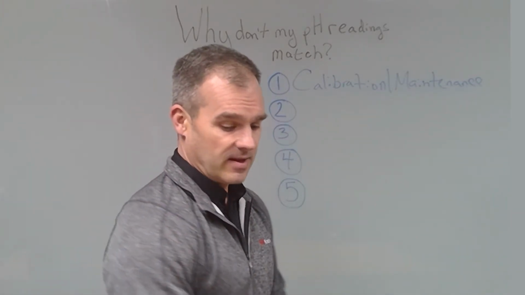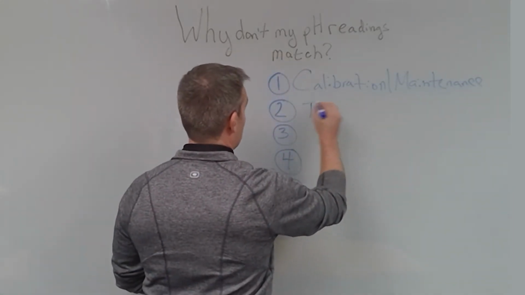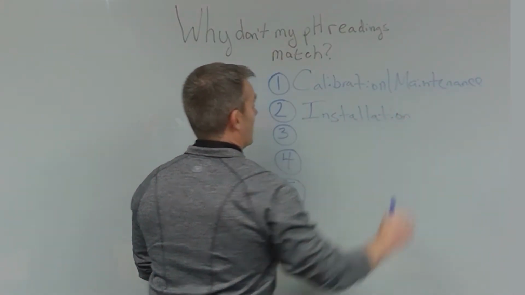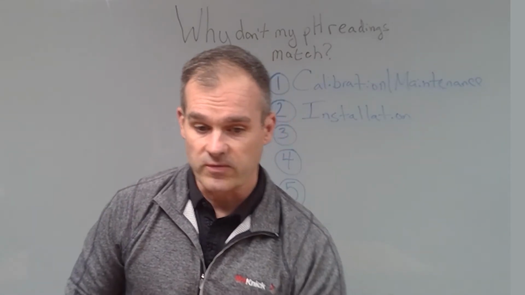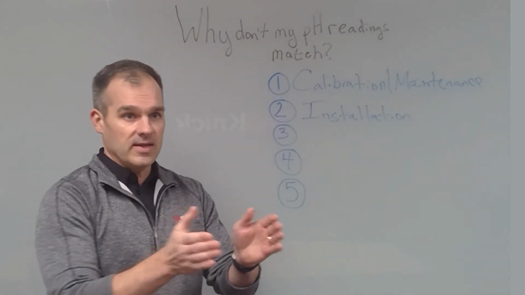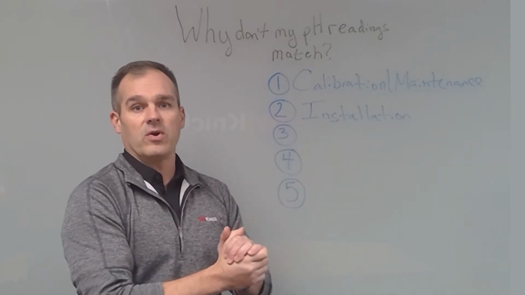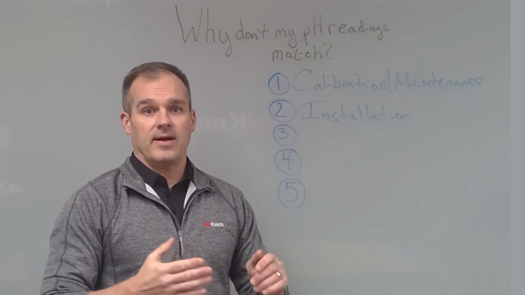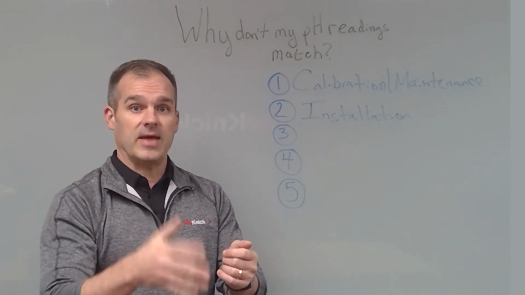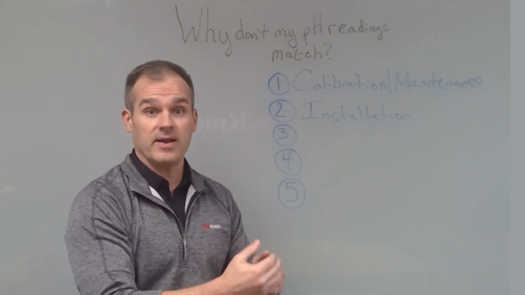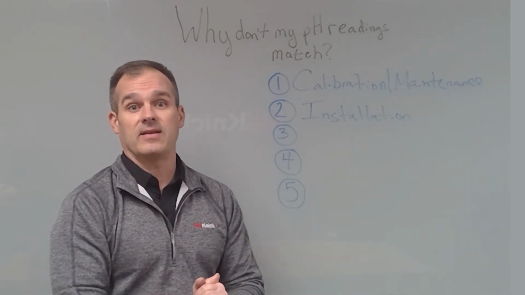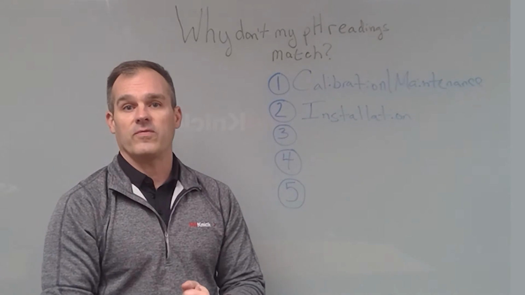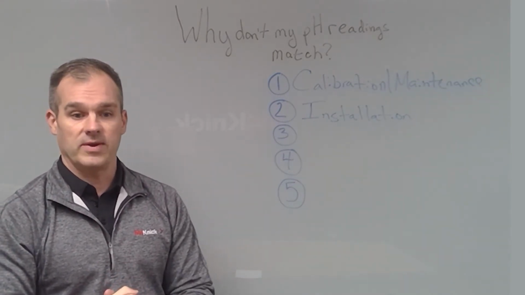Next, I would say in importance is installation. How is your inline measurement installed? And we're talking about a couple of things. One, its actual physical location. So where is the sensor installed with regard to things like when you're doing a neutralization style application? Are you mounted near the dosing pump so that every time that acid or that caustic is pumped into the line, you're getting hit with that high concentration? That could cause the inline reading to be off from your laboratory or redundant reading.